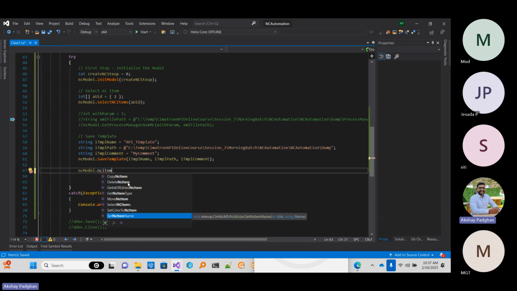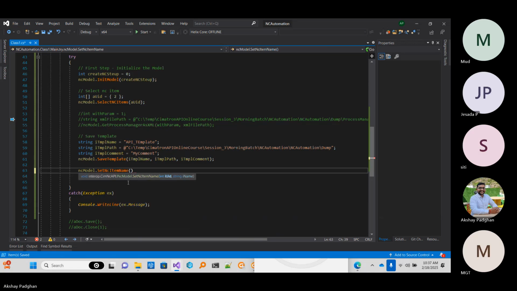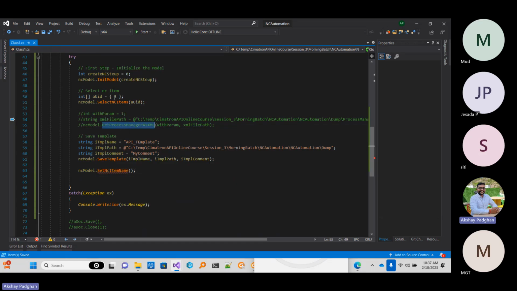So let's try set NC item name. It needs the UID. We already know the UID present in the XML; through this, we know the UID for that tool path is two. So we can use two and change it to any name, maybe API TP. Currently it has TP model name. We change it to API TP. Set NC name,